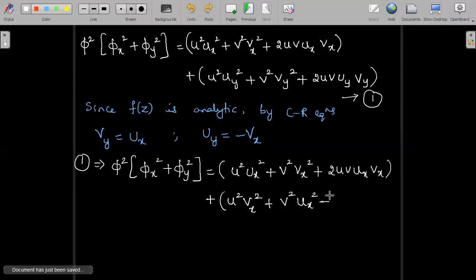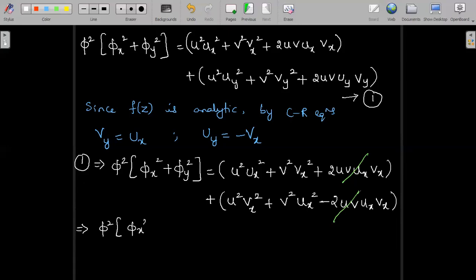And this becomes minus. How it is minus, I'll just let you know. Uy is equal to minus vx we have. So plus into minus becomes minus. So it is minus 2uv ux vx. 2uv term as it is. Uy is equal to minus vx, vy is equal to ux. So plus into minus gives minus ux into vx. And we observe that plus and minus 2uv terms, the product of it, get cancelled. They are like terms, no? So they get cancelled. So what I remain with is left hand side phi square into